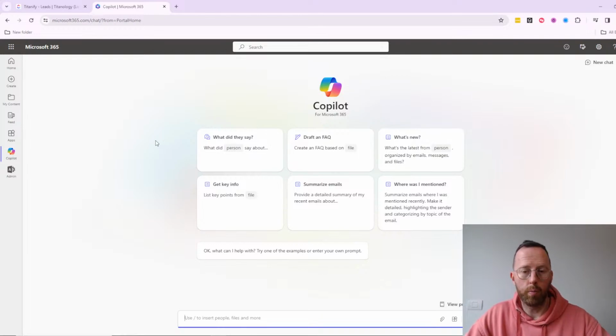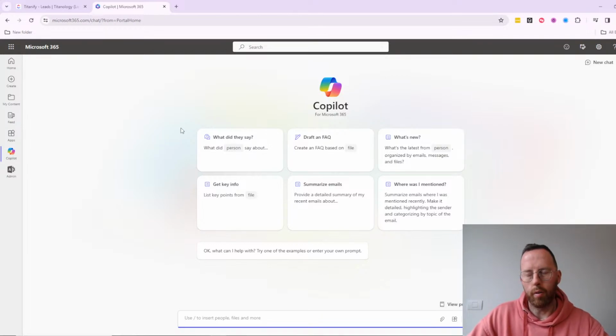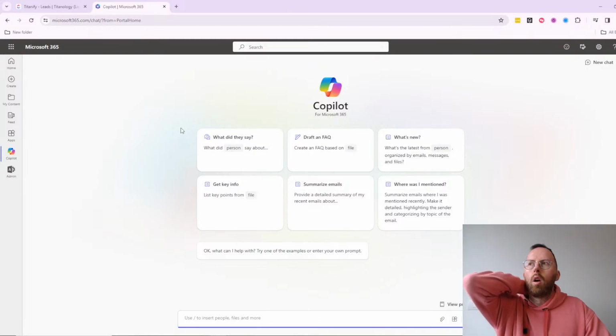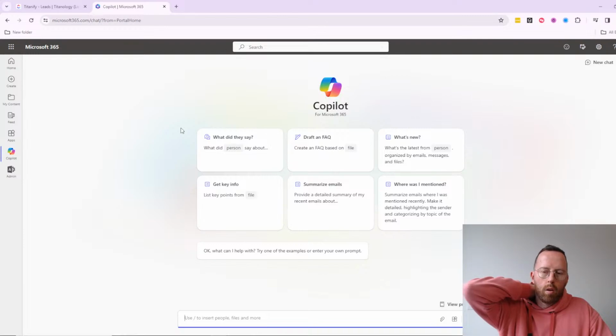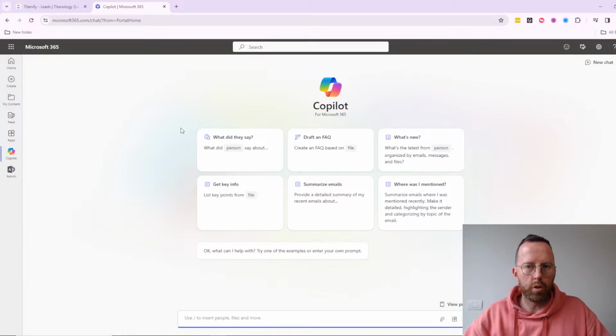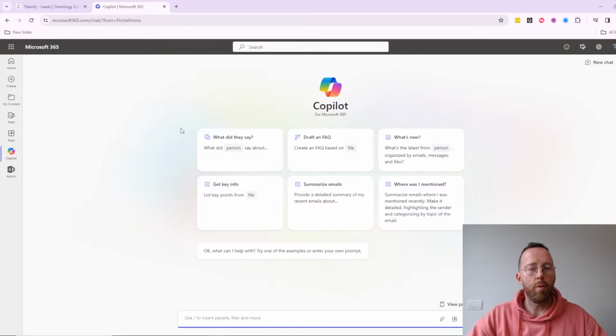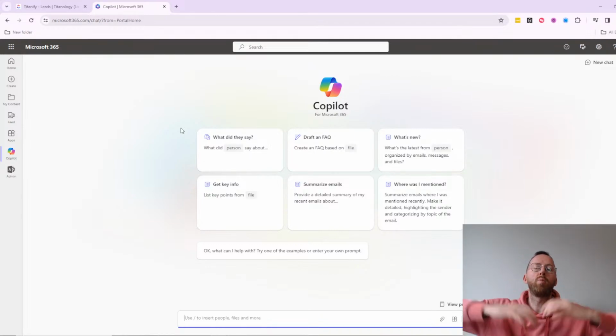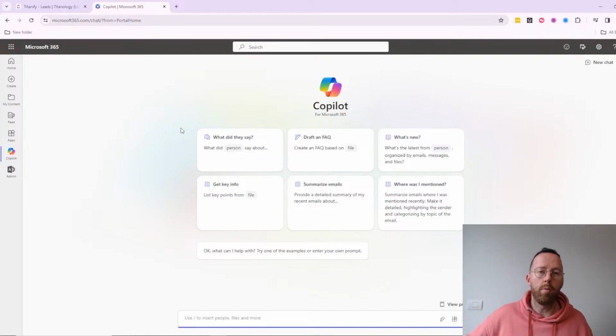So this is your starting page. And here you can do a lot of things. Last few weeks, I've been helping to develop a full scenario to showcase all of the possibilities of CoPilot. The scenario was a project manager coming back from a 2-week holiday, who needed to catch up with everything that has been happening the last 2 weeks, all of their projects and whatnot. And instead of going into your email inbox and seeing an exploded inbox of hundreds of emails that you need to catch up with,